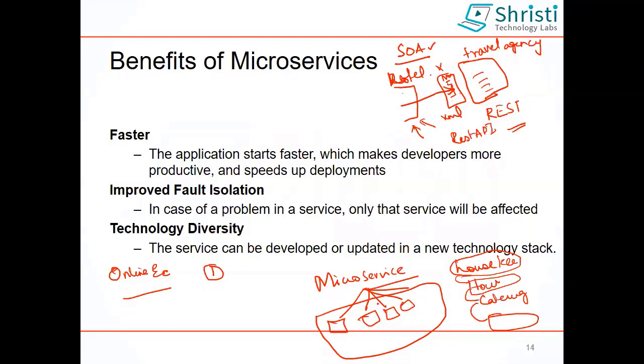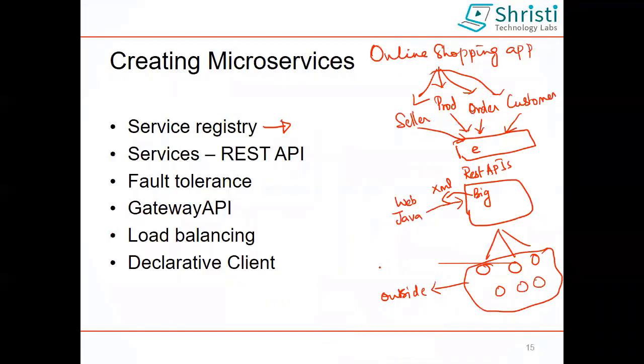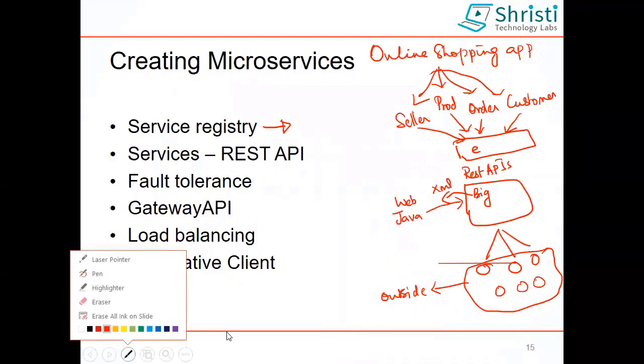And when I have created this application, I need a front end, right? This front end can be Angular or React. You all know. Now, if this is going to connect to the backend, it is nothing but a REST API call. Just like how I told a hotel connecting to a travel agency. So here I'm having my front end application, which is going to make a REST API call to the backend microservice.